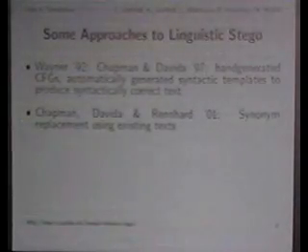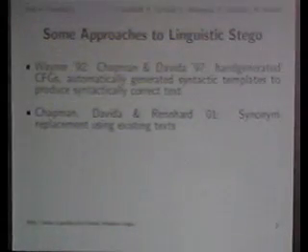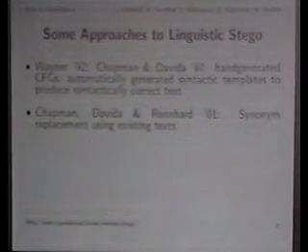Okay. So what have people done so far for natural language steganography? Well, Peter Wayner, Chapman, and Davida did something where they essentially by hand wrote some context-free grammars, and then these context-free grammars would decode to natural language sentences, entire texts, and depending on which productions you would choose in the context-free grammar, it would encode a different message. The problem with that is obviously that you have to construct these large context-free grammars, and both the sender and receiver have to have them.